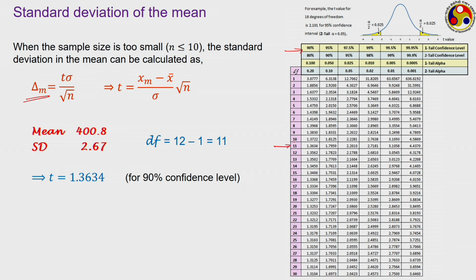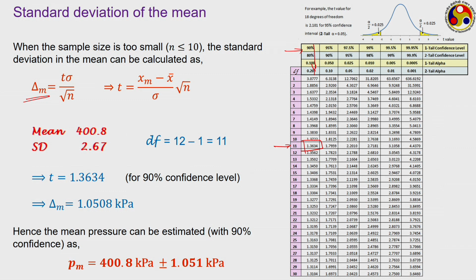If we decide a 90% confidence interval, in 90% confidence interval our T is 1.3634. So, that gives us a deviation of the mean of 1.05 kilopascal. So, here the mean pressure can be estimated with 90% confidence as 400.8 kilopascals, which we have already done, plus or minus 1.051 kilopascal. So, this T test allows a way of calculating the mean itself, and once